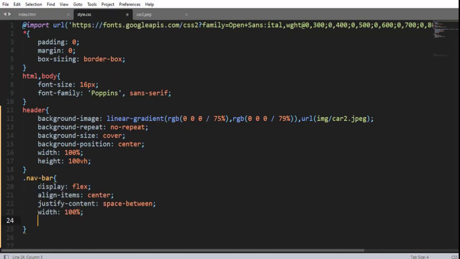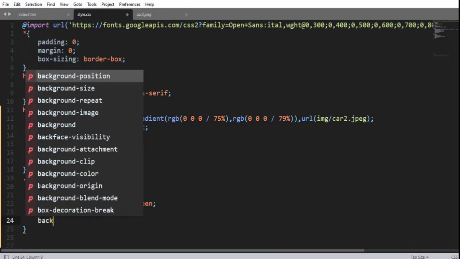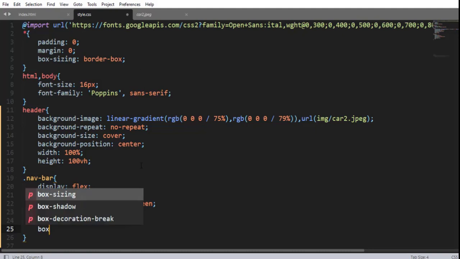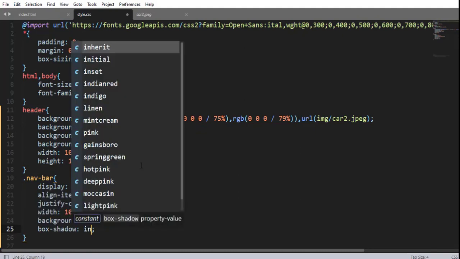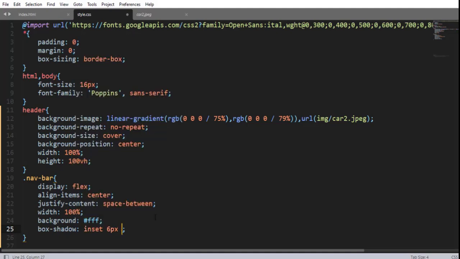Width 100%. After that, background. Let me set the background color white. And box shadow, inset 6 pixel, 0 pixel, and again 40 pixel, and 0 pixel, having